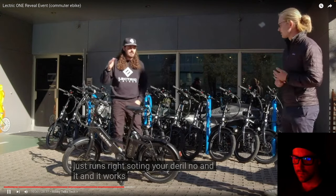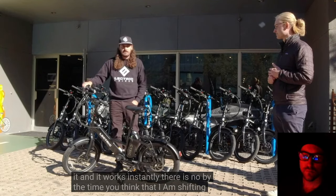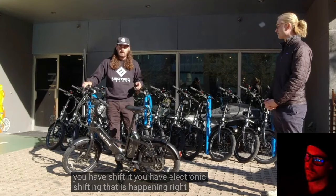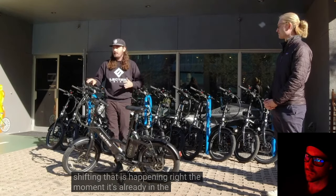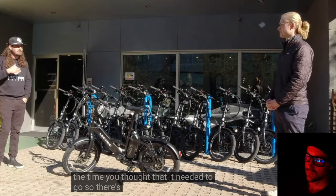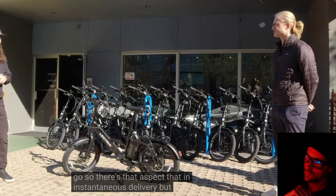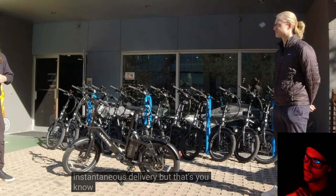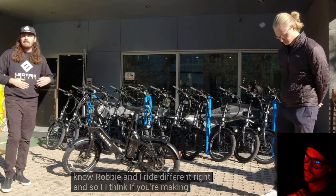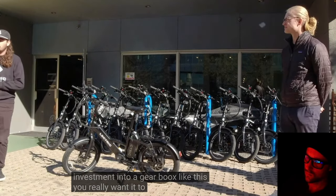And it works instantly. By the time you think that I'm shifting, you have shifted. You have electronic shifting that is happening right the moment, it's already in the next gear by the time you thought that it needed to go. So there's that aspect, that instantaneous delivery. But Robbie and I ride different, right? And so I think if you're making an investment into a gearbox like this, you really want it to be